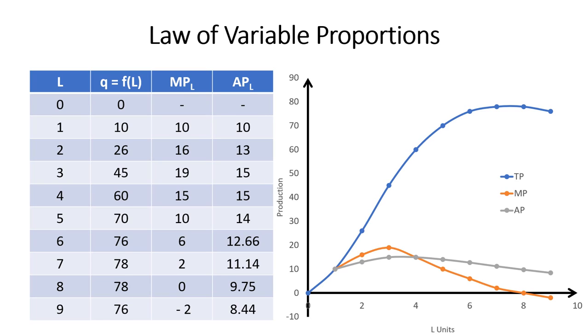The behavior of the average product curve is also interesting. It is increasing up to its maximum point. It intersects the marginal product curve and then declines. This is summarized as